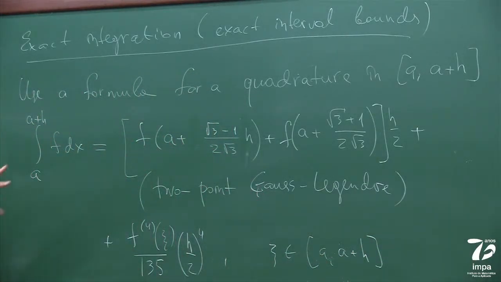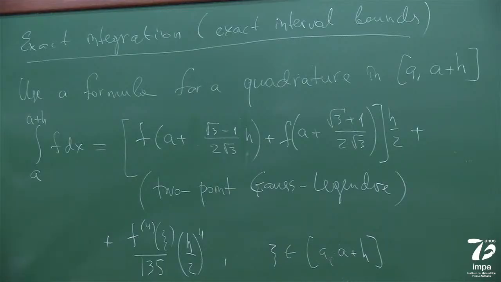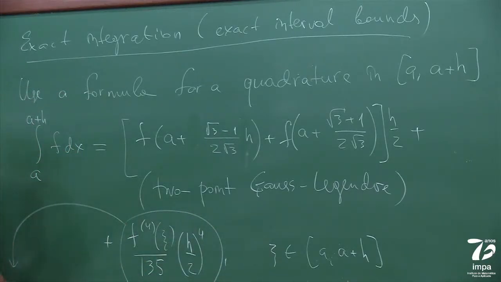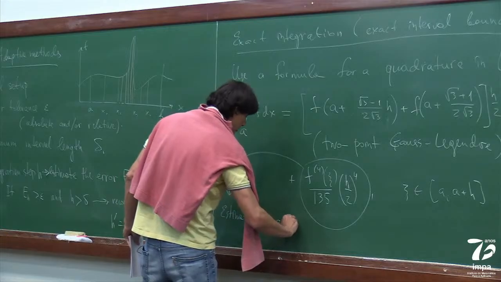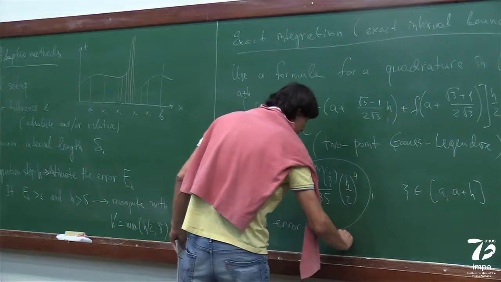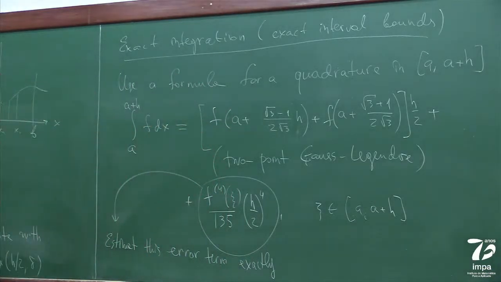The first part of the formula is used for calculation. The second part of the formula is an error. And now what you do is take this error and estimate this error term exactly. So how do you do this? Essentially,